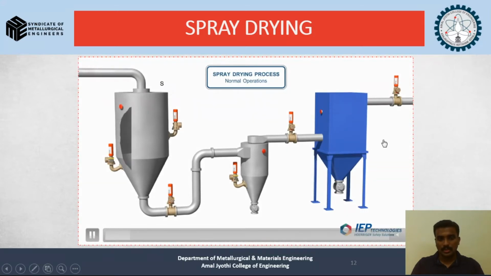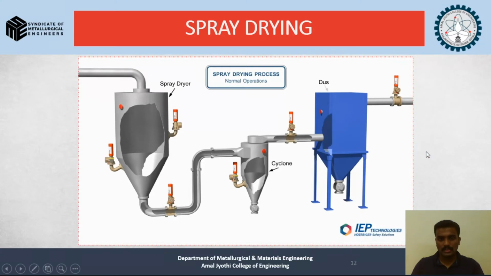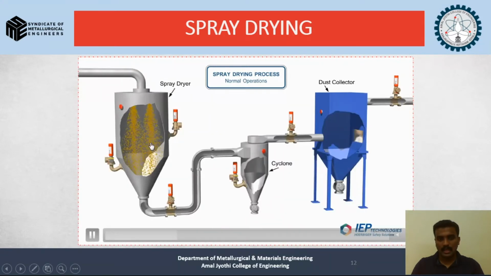So this is the setup of this spray dry process. We have a spray dryer, particles will be coming, and these particles will be moving on using these pressure valves. And we have a cyclone here, and suppressors which ensure the particle movement is possible, and the cyclone movement will ensure the particles are collected properly and distributed in the dust collector, and thus the particles can be further processed.